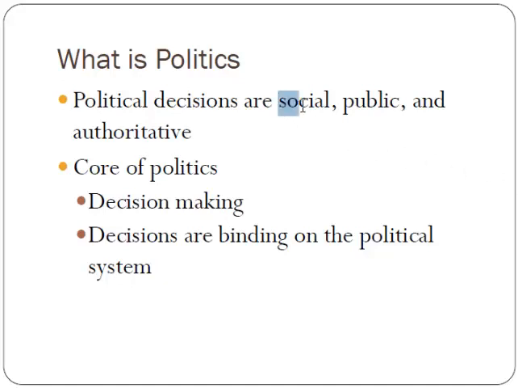The decisions are social, which means about people's relationship with each other, public, which of course means relevant to all the people in the society, and authoritative means with the authority to make rules. Politics are done by the public in an atmosphere that deals with people in their relationship with other people, and by definition they have to be authoritative, which means there has to be rule-making authority. If the person who's making the rule doesn't have the authority to carry out the rule, well then the rule's kind of pointless. If I sit around and I say, well, the rule's XYZ, but I can't actually enforce the rule, then frankly, who cares?